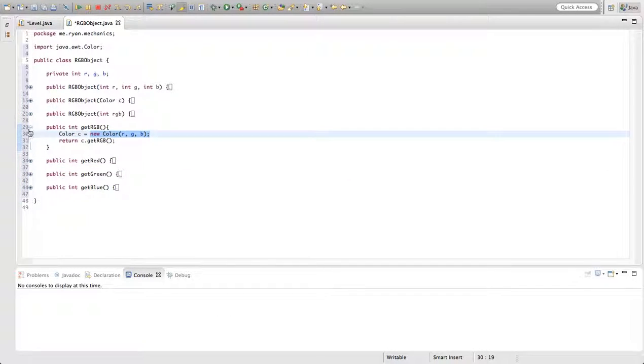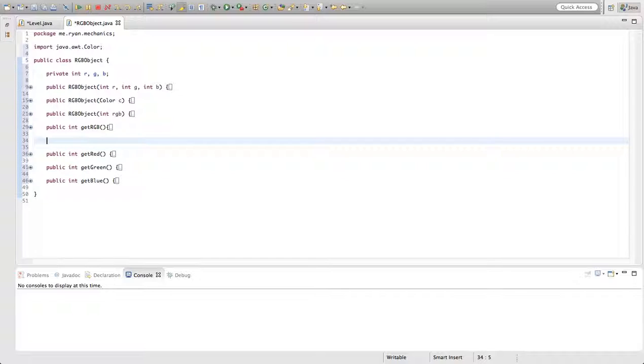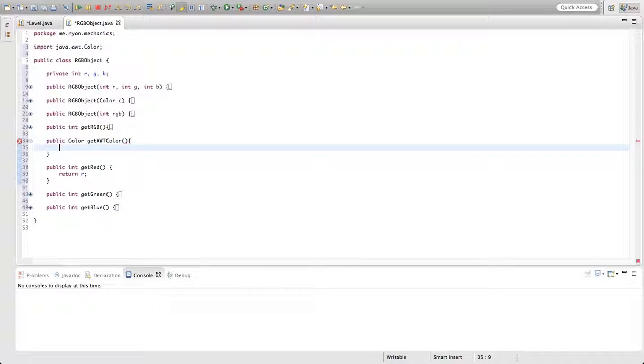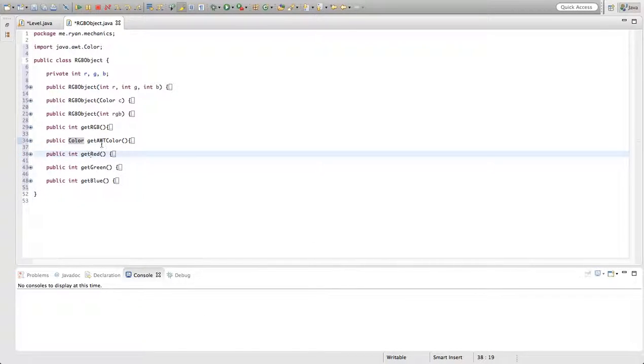And let's just copy that. And we're just going to say public color get AWT color. And we're just going to return new color. It's AWT color because this color class